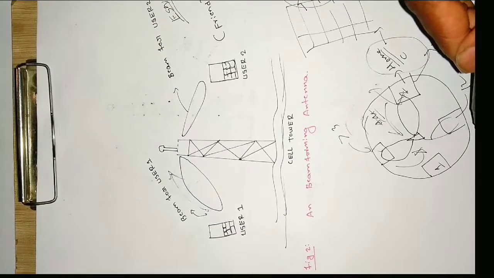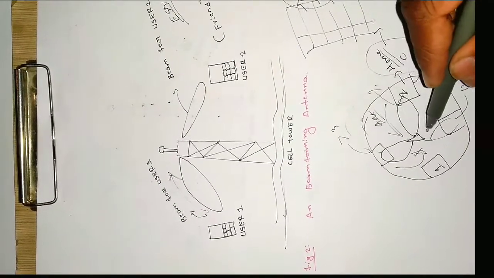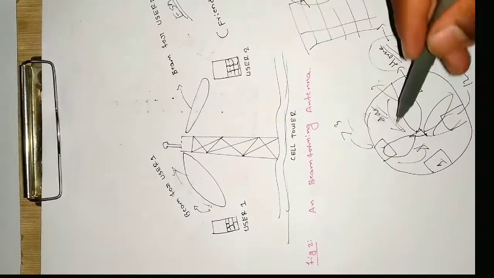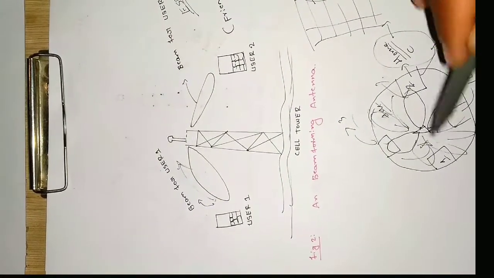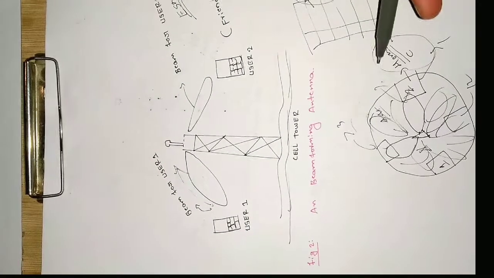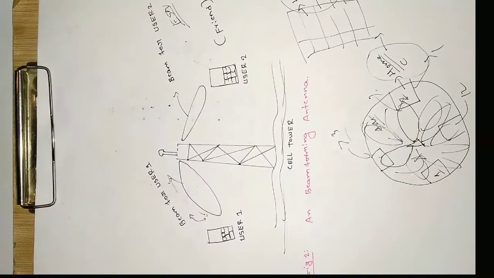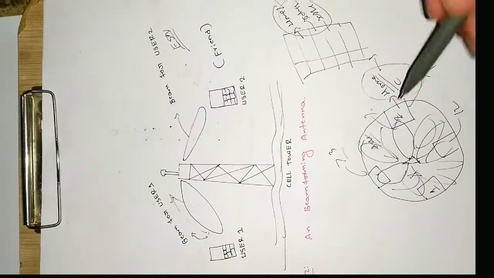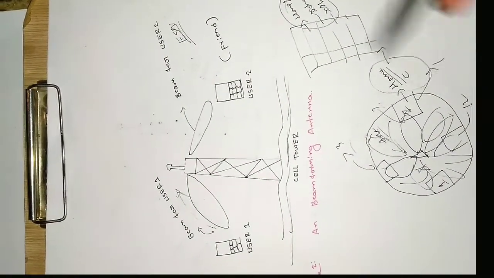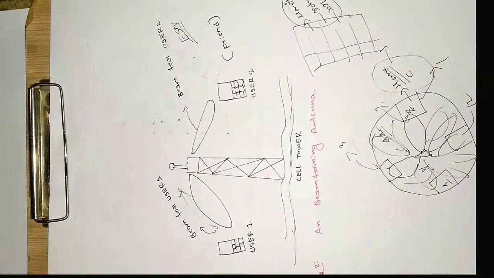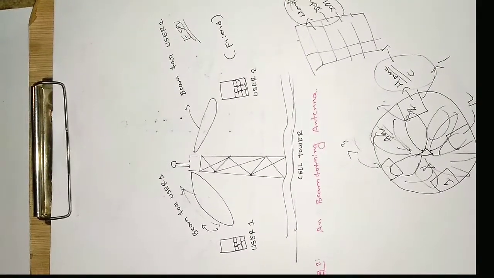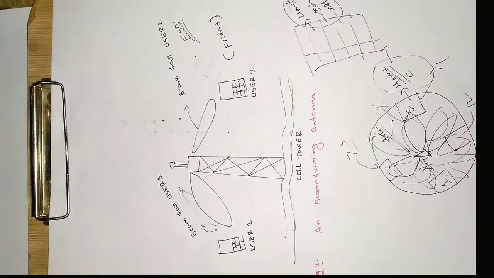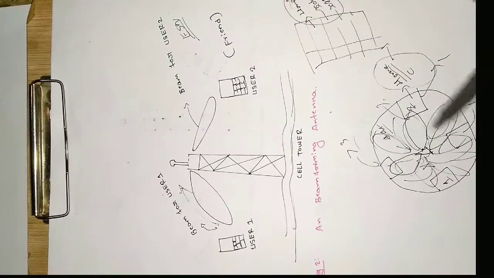If this also does not happen, then what it will do, it will send in random directions until you get the user's acknowledgement. So it will be sending in this, in this, in this, and in this. But you can say, what is the point of doing this? So the point is that the probability says that we are at home, college, or workplace, so 90% we will be here itself. So in 3 tries only we will be getting the result. So in rare cases we will be outside.